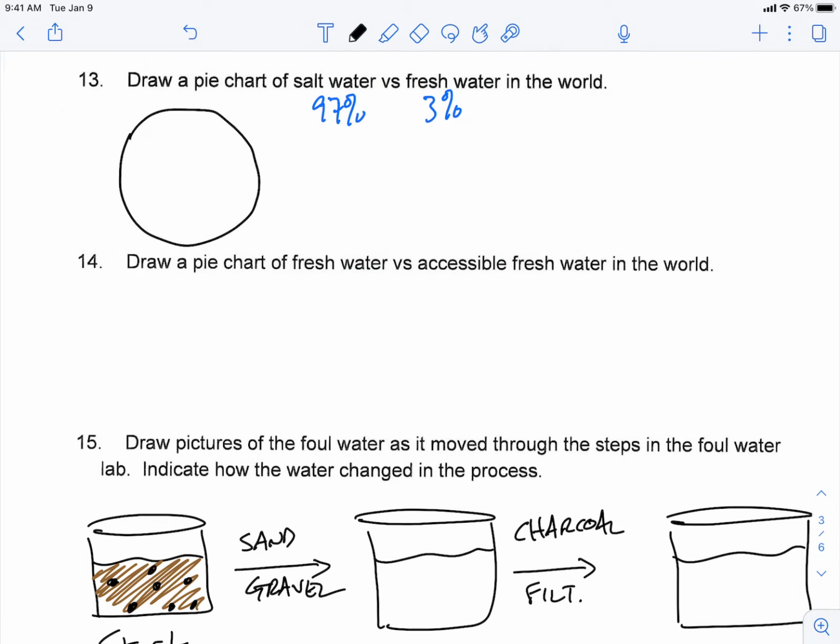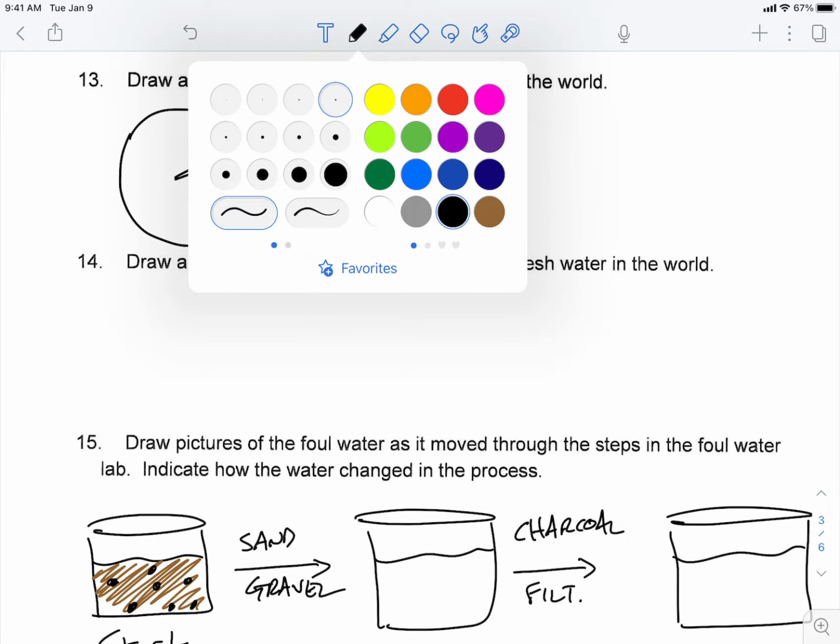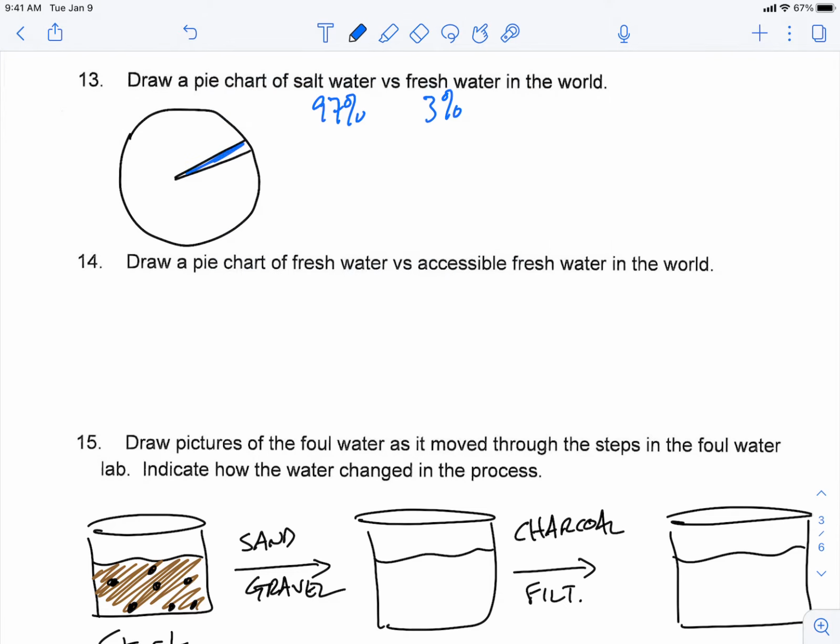to represent that, a very small amount would be from the fresh water. Very, very small amount. Of that 3%, what is fresh and accessible? The fresh and accessible is around 0.62% of all the water. And so if there was about 3% total, we could work out 0.62 of 3. What would that look like as a percentage? And so when we do that,